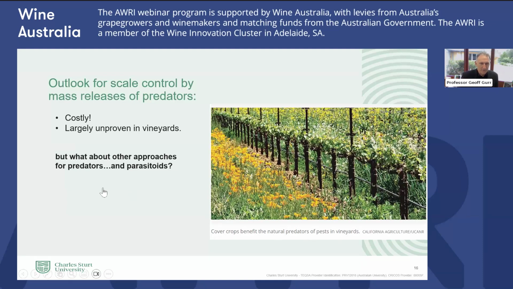But what about other approaches for predators and that might also help for parasitoids? And I'm thinking here, of course, about strategies like using ground cover vegetation that might take the form of an insectary planting and encourage a build-up of naturally occurring predators and parasitoids, which, if that could be accomplished, would avoid the need to go to the trouble of expensive releases. So let's just consider these kind of cover crop based